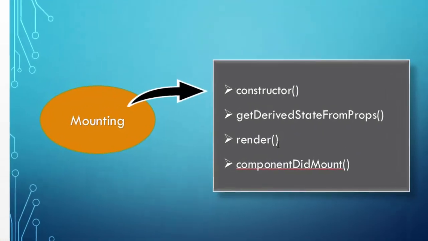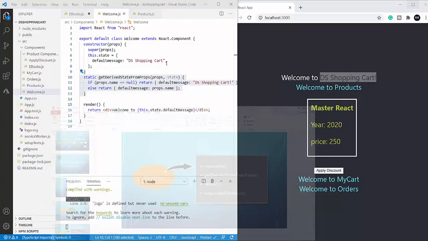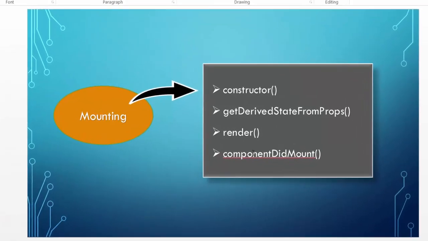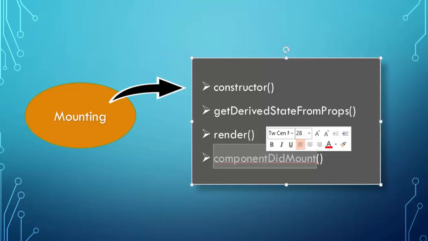Now, the next method is the render method that we have already seen. We are using the render method in every component, and in this method we have a return statement, and the return statement returns HTML tags. So if you have multiple HTML tags, you have to nest them inside one parent tag, a div tag or a React.Fragment tag.